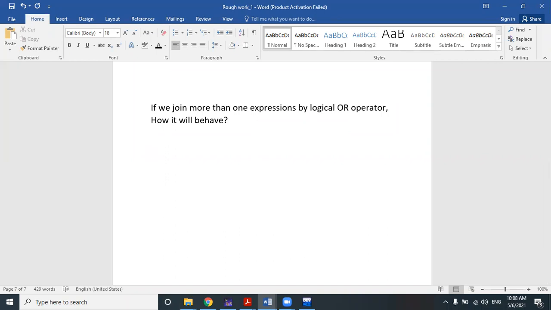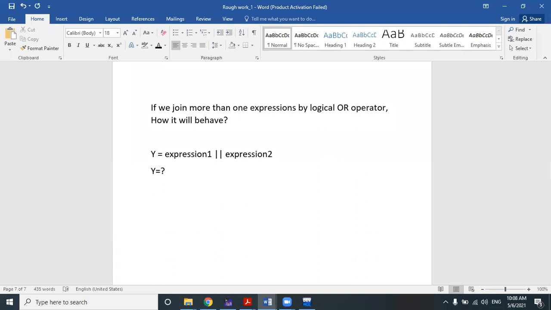For example, suppose y equals expression 1 followed by a logical OR operation, then expression 2. If this scenario comes in front of you and you are asked to find the value of y, how can we go about it?